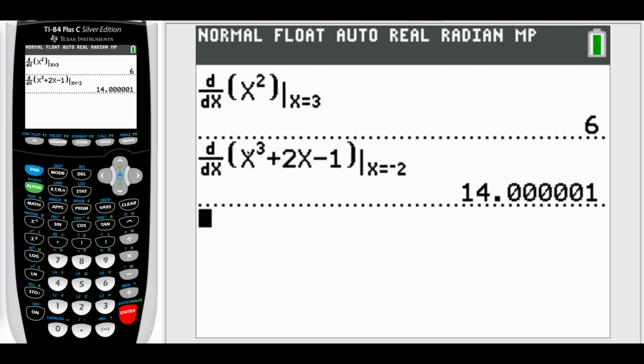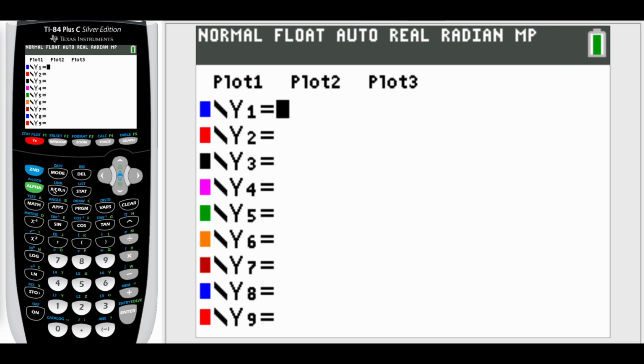It's just finding the derivative numerically, and sometimes there's a little bit of counting error in there. It happens sometimes, other times it doesn't. Just make sure you know to ignore it when that does happen. Okay, to graph a derivative, if you hit the y equals right here, let's say we wanted to graph